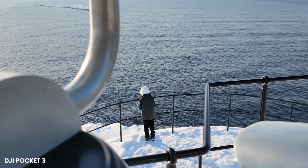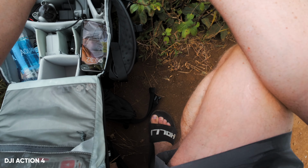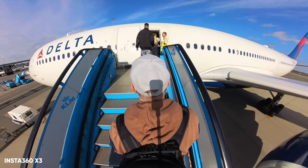So we're now in 2024, we already got some weeks into the year as well, and I already have a trip planned coming up pretty soon. And for this trip, I really have to decide which gear to bring because I'm quite limited to weight. And this makes for a good opportunity to share which action cameras and which drones I will be bringing on